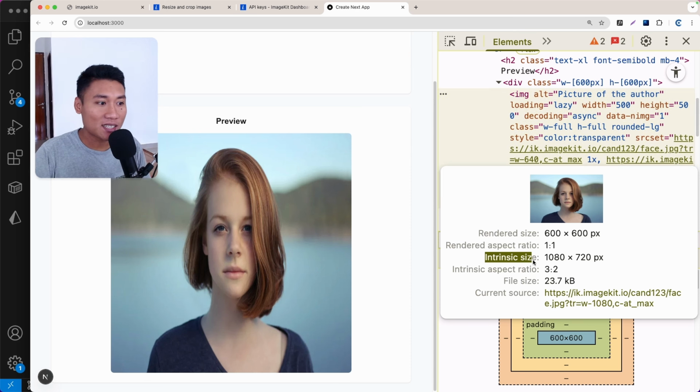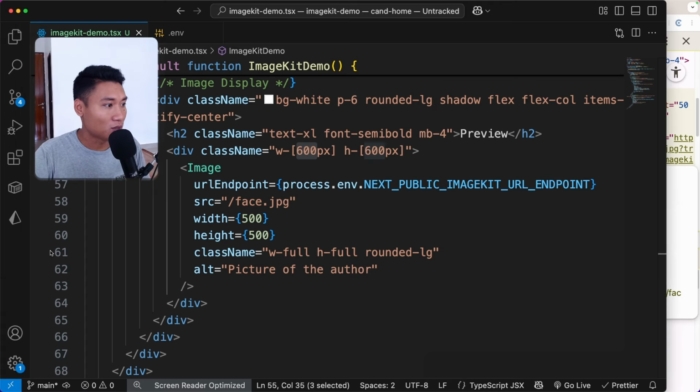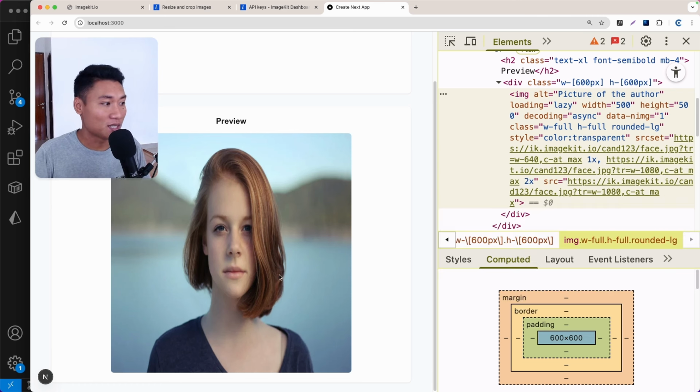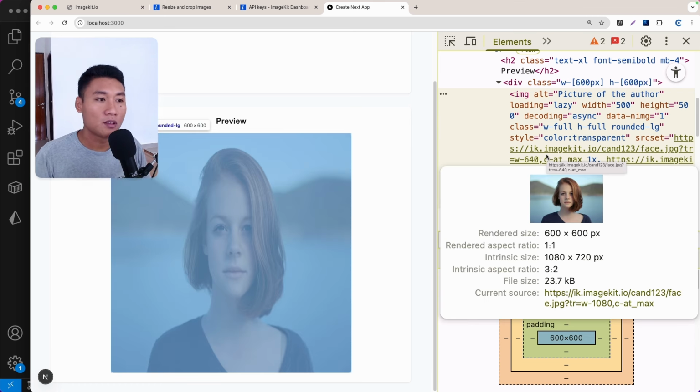So the intrinsic size is basically the original size of the image from the server. And we render that as 600 by 600. That's what we're doing on the class name right here. But the data we get from the server is 1080 by 720 pixels. That's why the image looks kind of squeezed, right? So what I'm going to show you in this video is how we can change the intrinsic size from the